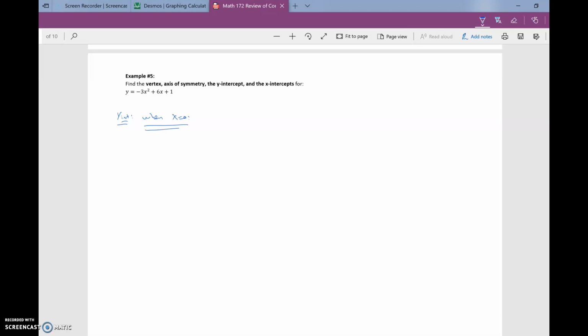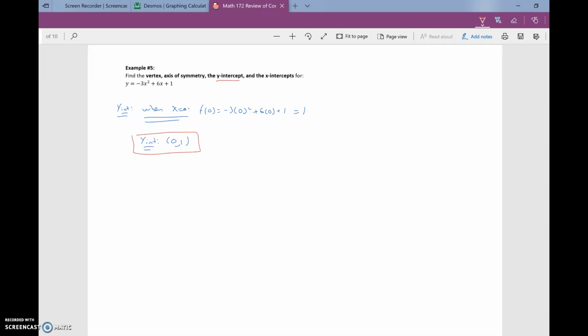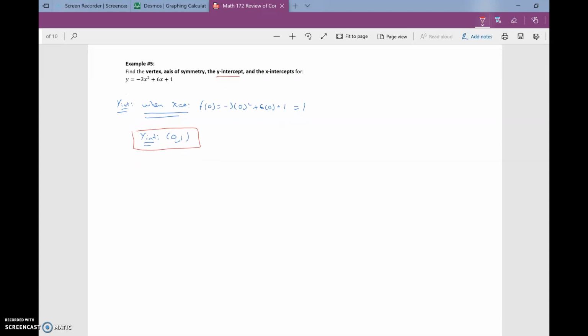So you may just evaluate f of 0, and this is going to be negative 3 times 0 squared plus 6 times 0 plus 1, or technically 1. So the y-intercept happens to be at (0, 1). And that satisfies that one. Let's actually find the vertex. So the vertex,